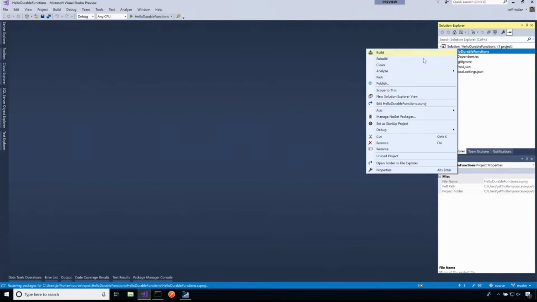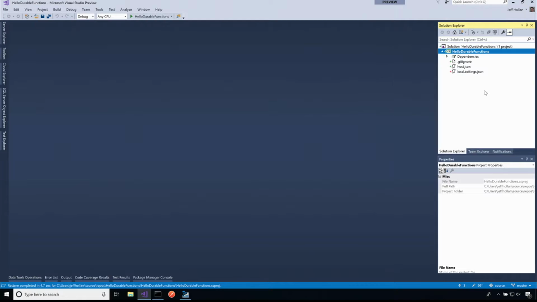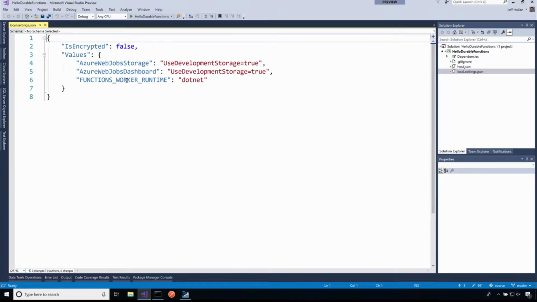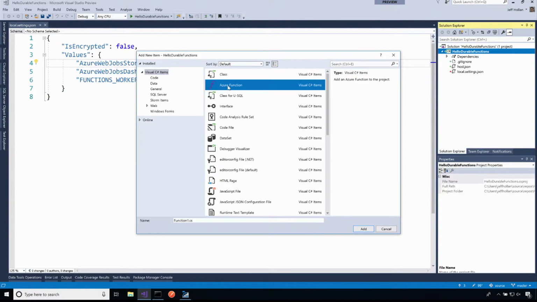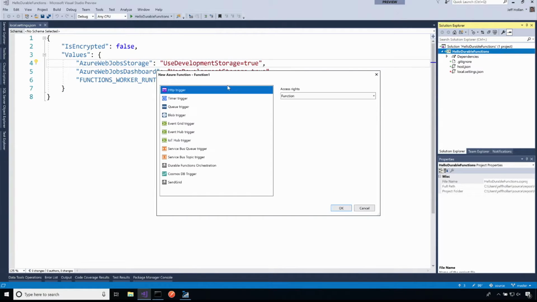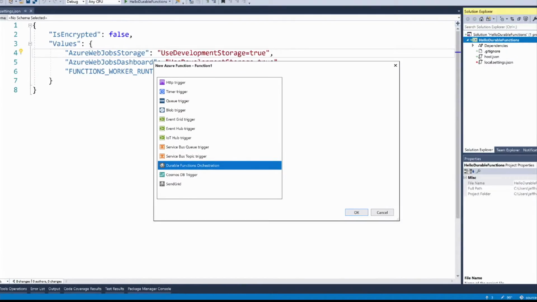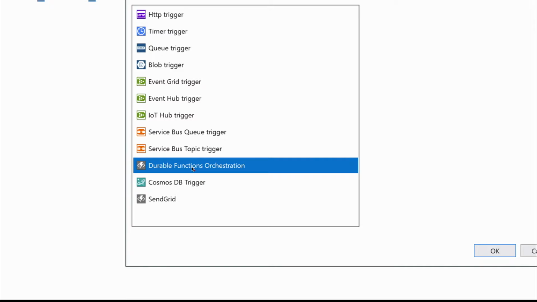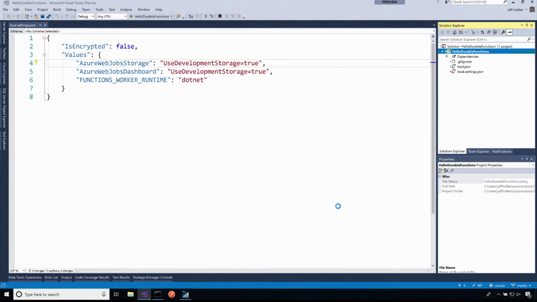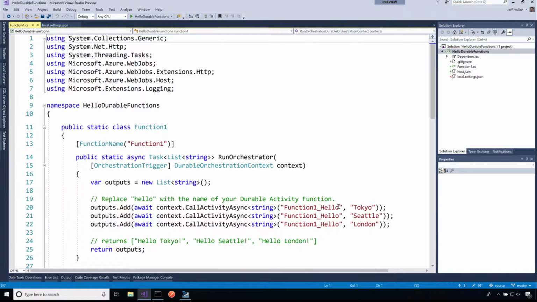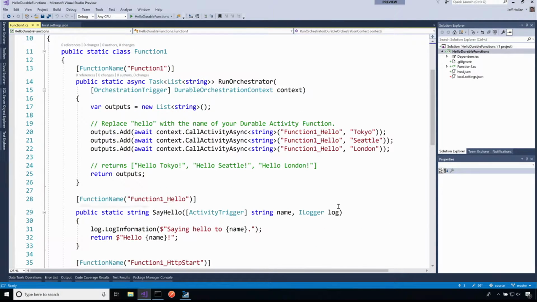And now let's go ahead and add in a new function to this project. Okay? So this is pretty empty now. I've got my local settings, which is telling me that I'm using my development storage. There's not a lot here, so let's go ahead and add. There it is, new Azure function. And we'll just leave this called Function1. That's fine. And here, when I add a new function, there's actually this really handy template for getting started, which is, hey, I want to use the template for creating a durable functions orchestration. Okay? So let's go ahead and choose that template. Now this is going to add to this function app my durable functions orchestration, and this is just a really nice hello durable function sample.